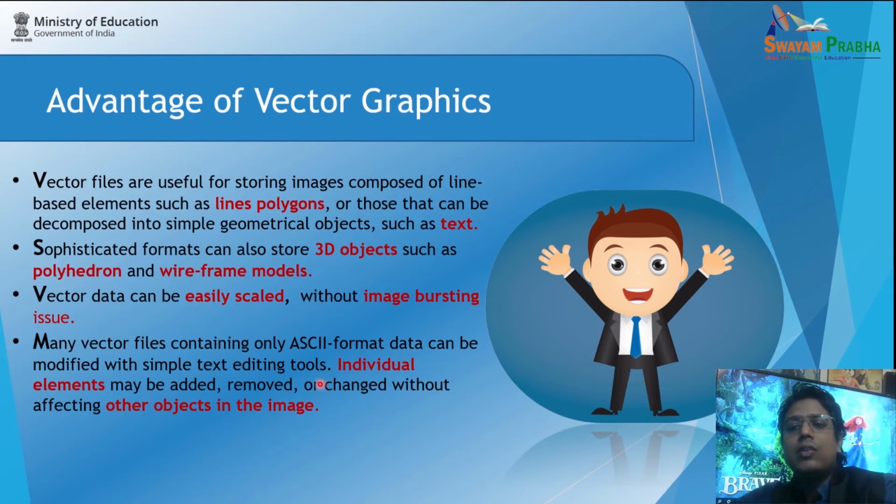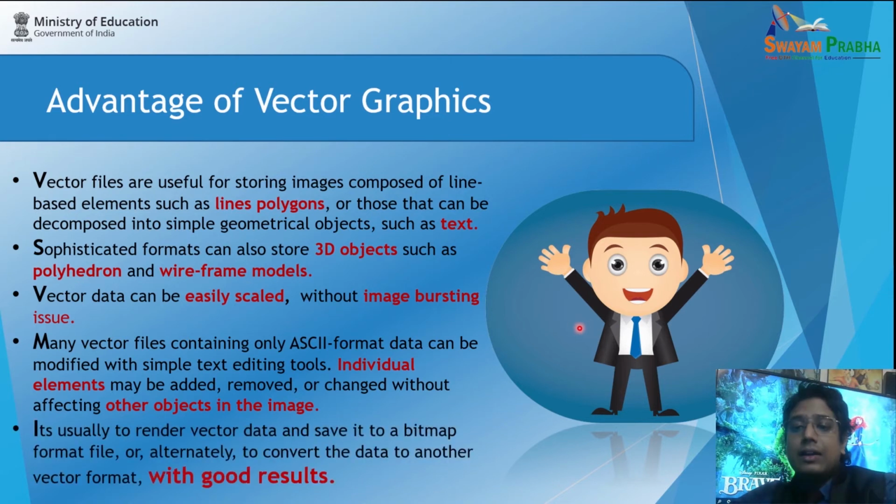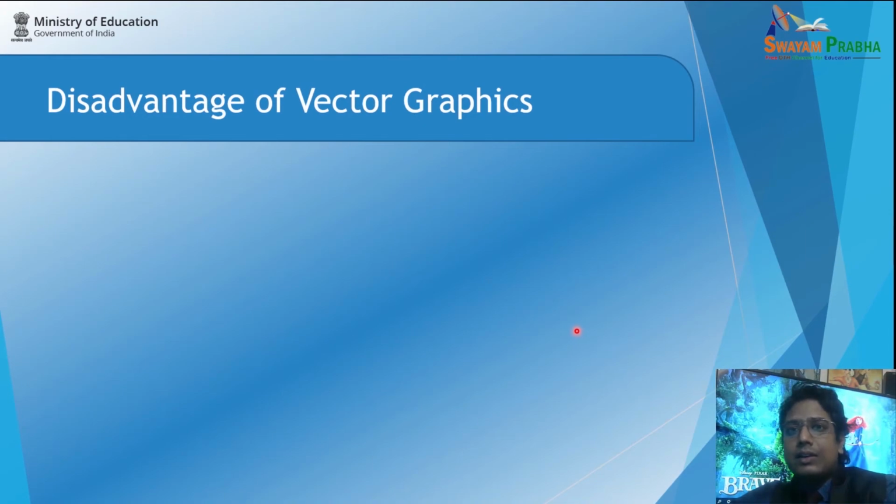So whenever you are going to scale any object to a very large size, 200, 500, 1000% zoom in, they are not going to pixelate, right? Commonly, whenever we are working with 3D objects or text, at that time we can use vector graphics. Like in this image you can see these are flat colors. If you have to create such kinds of cartoons, you can use vector graphics also, right? Now we can discuss the disadvantages of vector graphics, right?